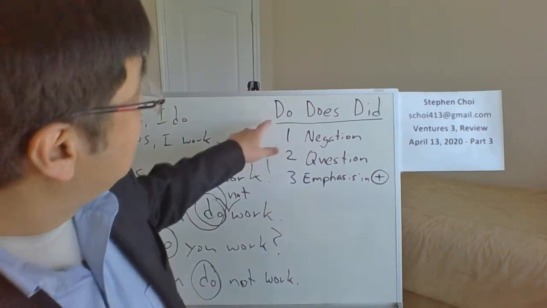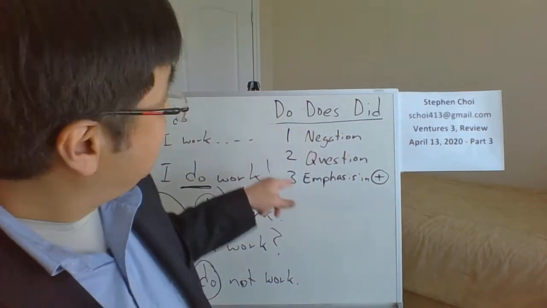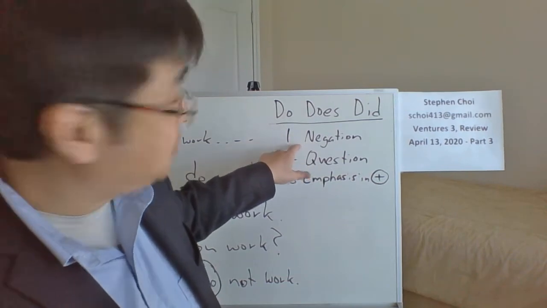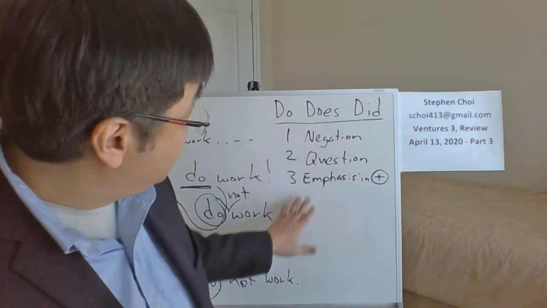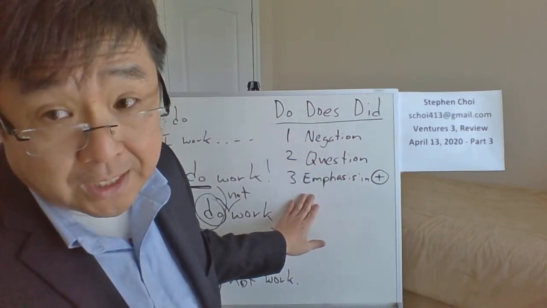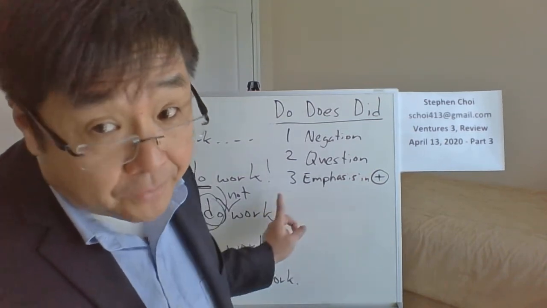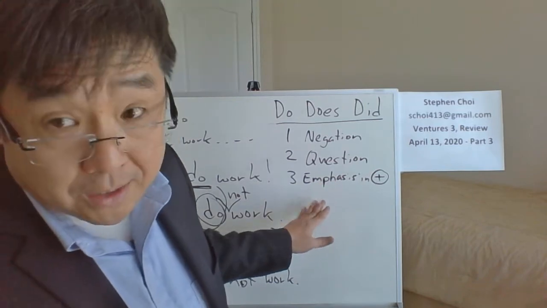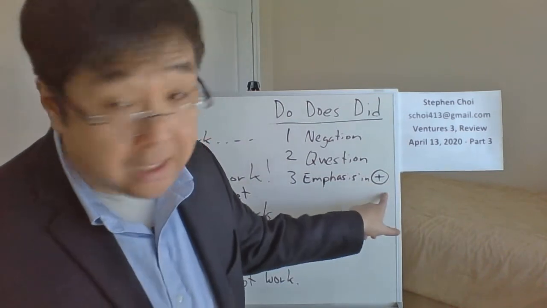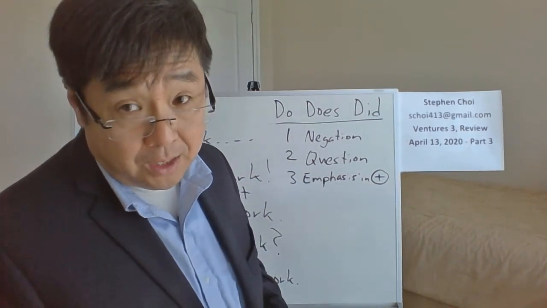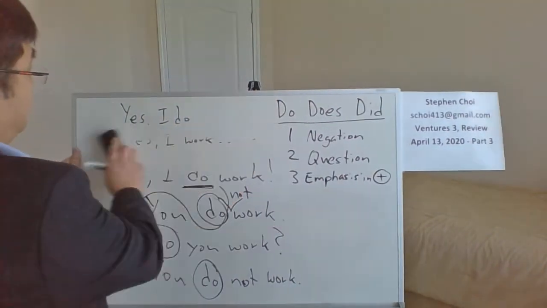So, in English, you're going to hear a lot of do, does, did. Why? Because in the negative sentences, we have to use them. In the question forms, we have to use them. And normally we don't use do, does, did in the affirmative sentences. But when you're trying to emphasize something, when you want to make a stronger case, then you use do, does, did in the affirmative. All right, let's do a little bit of practice now.